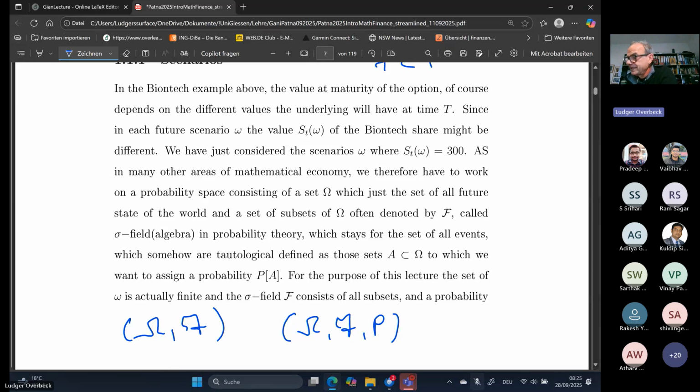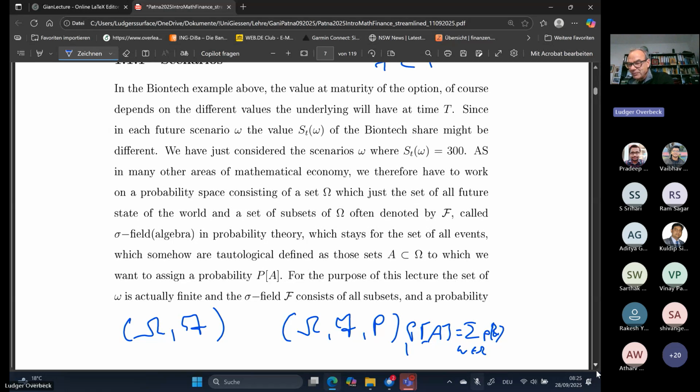Now, in this simple case, P of A equals the sum over omega in A of P of the singleton set of omega. But later it will become important, actually. Just to tell you, F is called information. And as was done by some colleagues, mathematicians also work later in the regulatory framework.